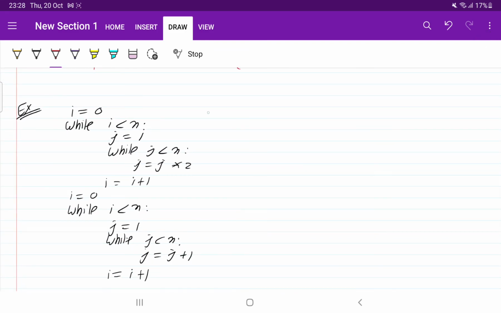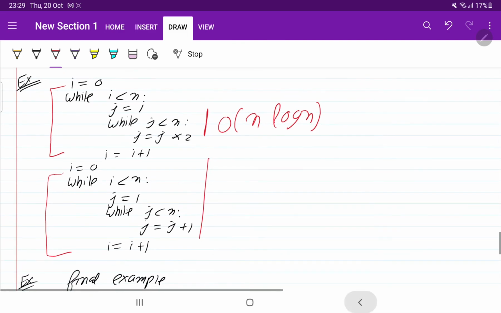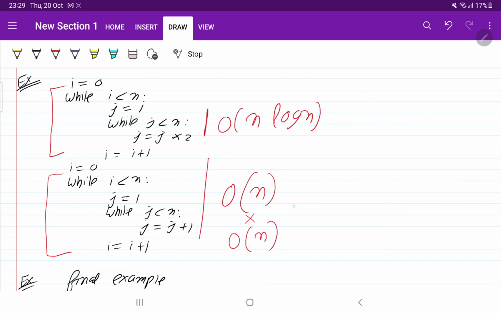So here also, if you see, this is multiplication, so order of log of n. Here they are doing addition, so it will be again n log n. Now this loop is over, they have again started a loop. Here also they have done addition two times. So what is the time complexity of addition? Order of n, and for this addition two times, order of n, so it will be order of n square.